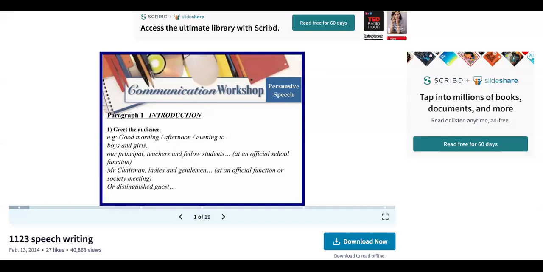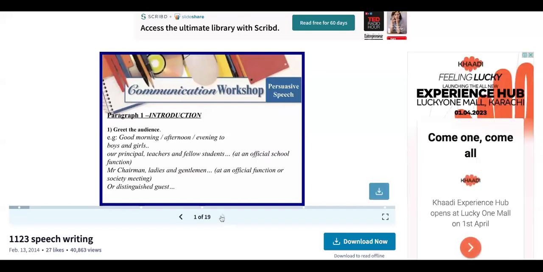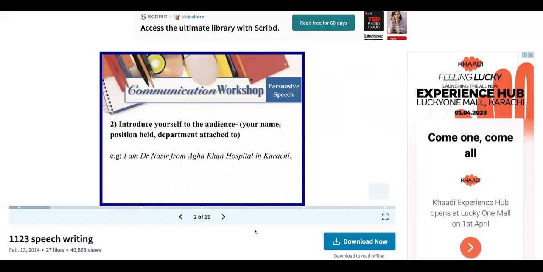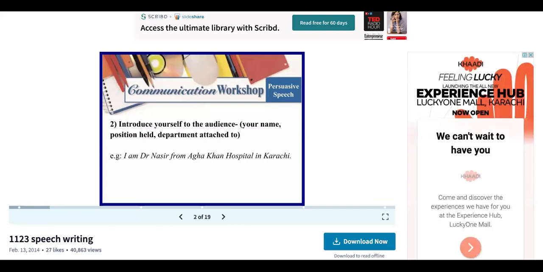However, the first thing that you need to understand is that this is how a speech starts: you greet the audience. Then you introduce yourself to the audience, and say why you are standing there giving the speech. You have been given a position of honor. You are not randomly given a position of honor in any scenario, even if it's a wedding toast. That too is a speech, but you have been given the honor of giving that toast. So always remember that if you're giving a speech to an audience, you are in a place of honor, a place of power in some sort.